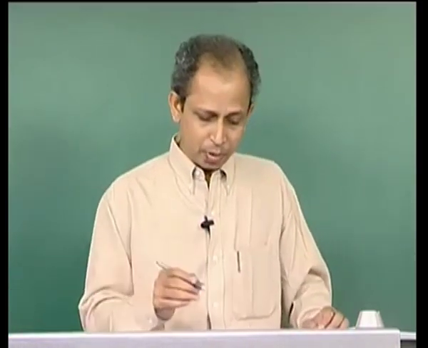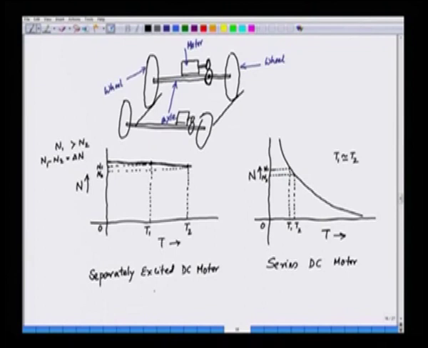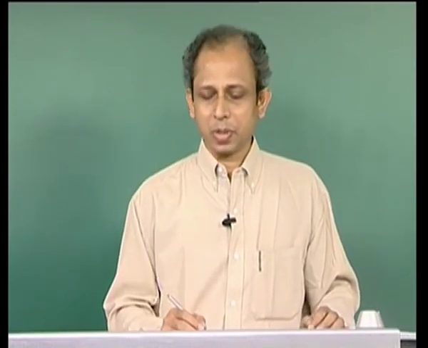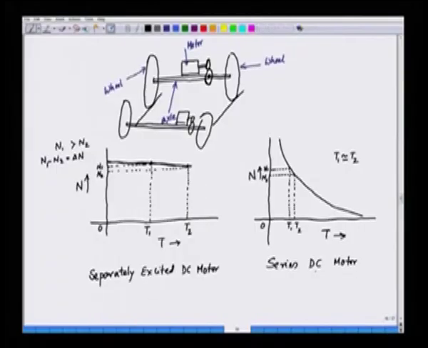But as we have already understood the coefficient of adhesion, for the coefficient of adhesion, it is better to have a motor with a steep torque speed characteristic. It means the speed regulation has to be low. So, the separately excited DC motor are good for coefficient of adhesion, but not good for load sharing. On the other hand, the series DC motor are good for load sharing, but not good for coefficient of adhesion. So, we can conclude here in this case,